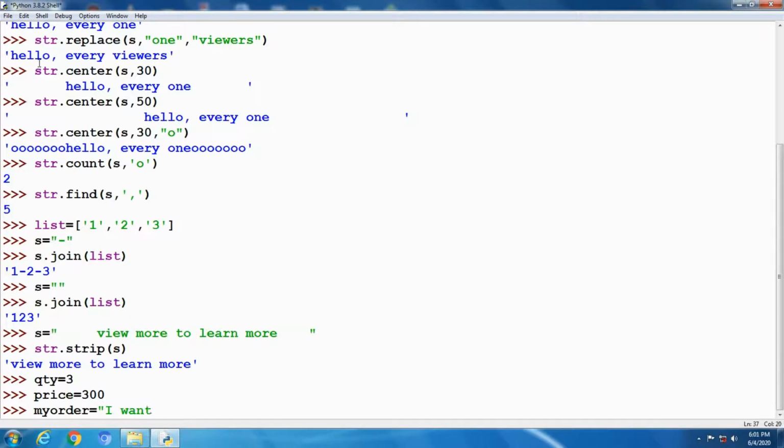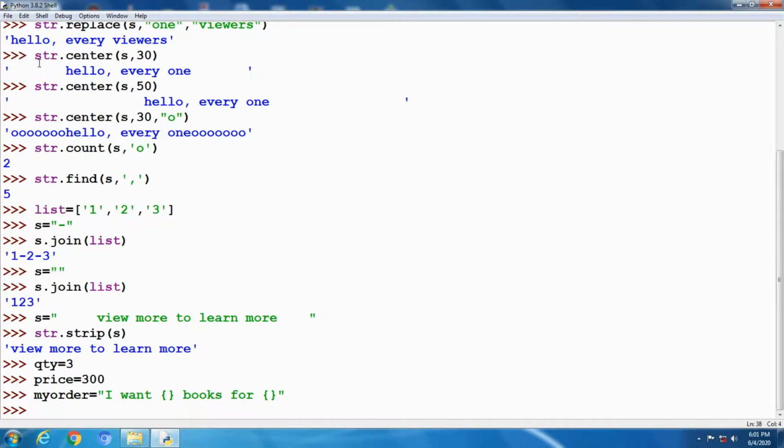I want here first an open and close curly bracket, the placeholder. Print my order, format string function, this one, format. As parameters you have to pass quantity and price.